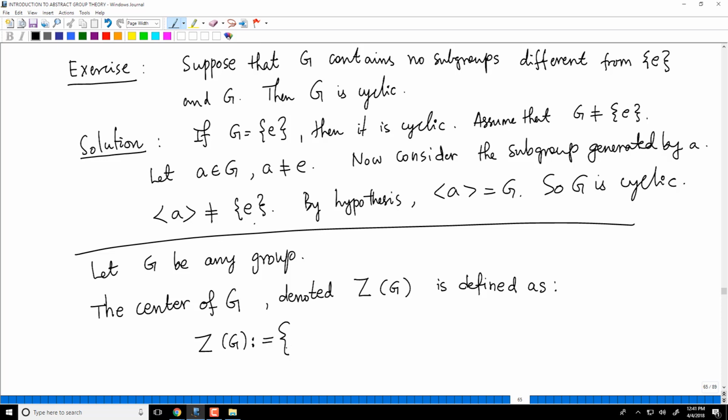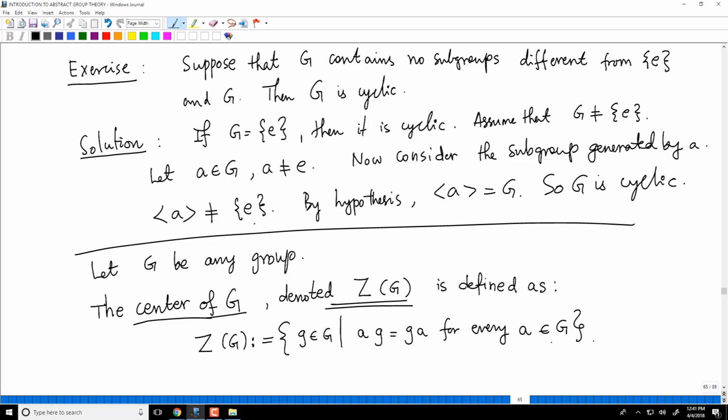It is all elements, let's say g in G, which have the property that ag equals ga for every a in G. Okay, so you need to stare at this for a minute to understand this carefully. The center of G, denoted by this symbol, is the collection of elements of the group which commute with everything else.